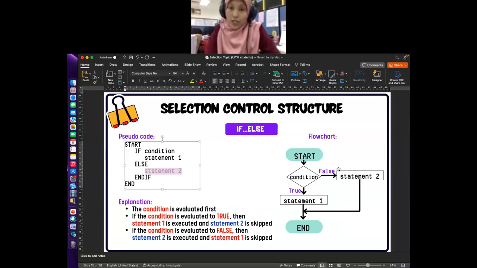So we look at the chart. So start and condition, you have true, false,